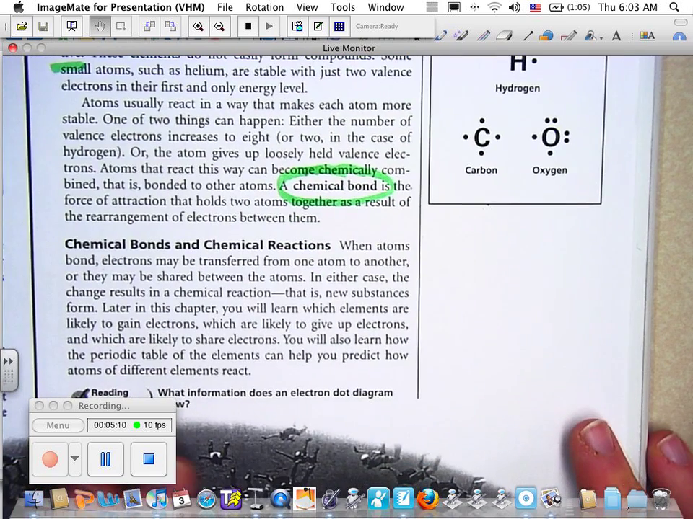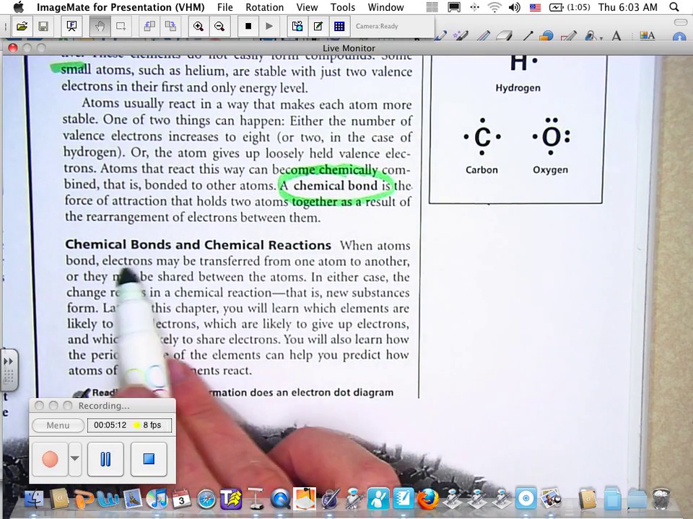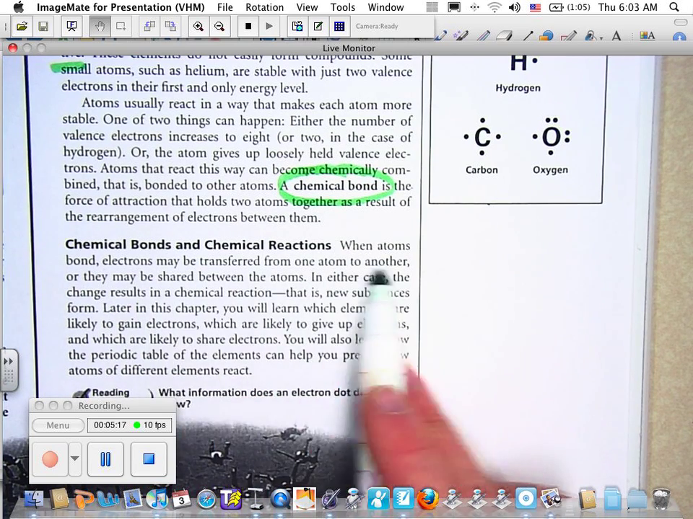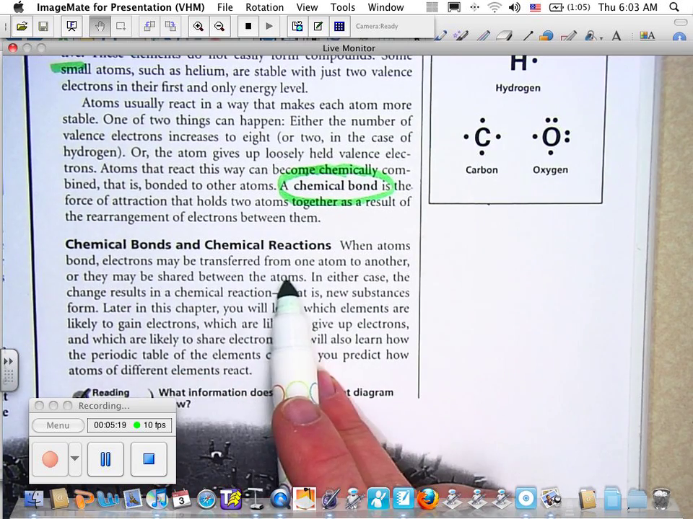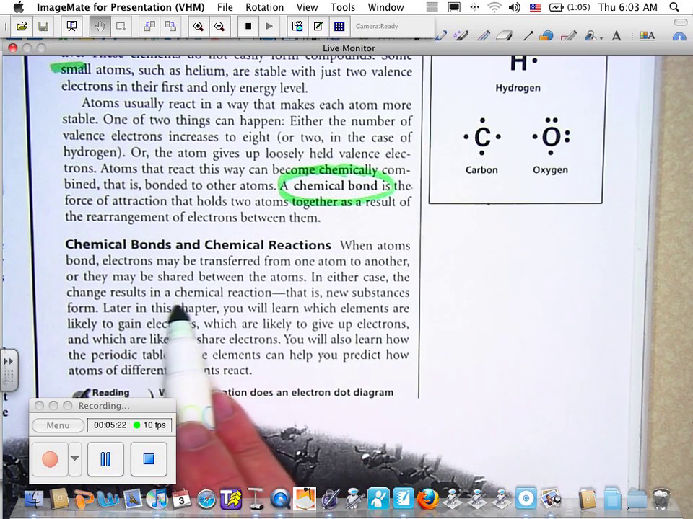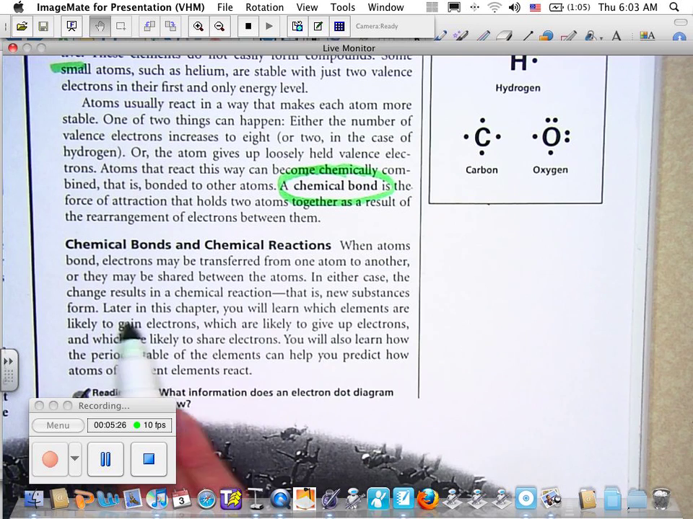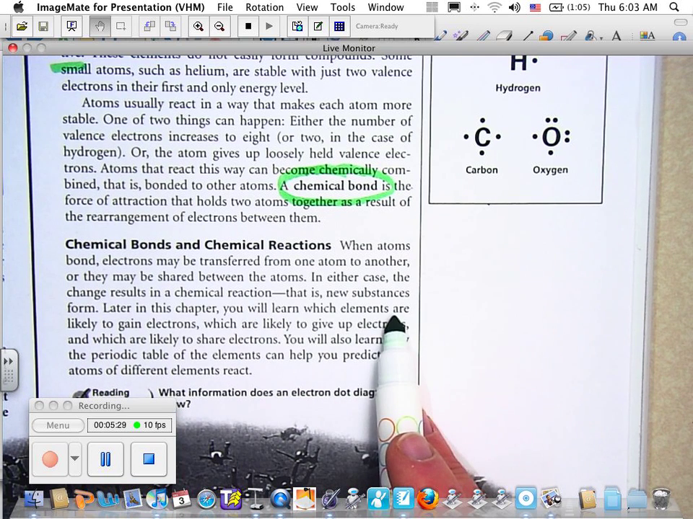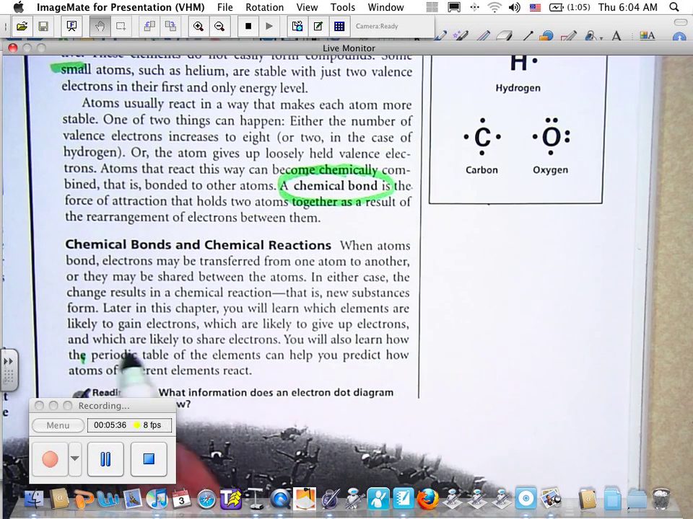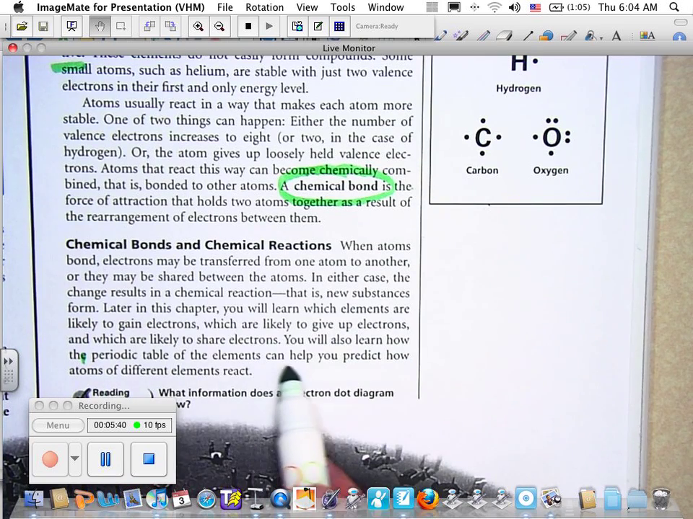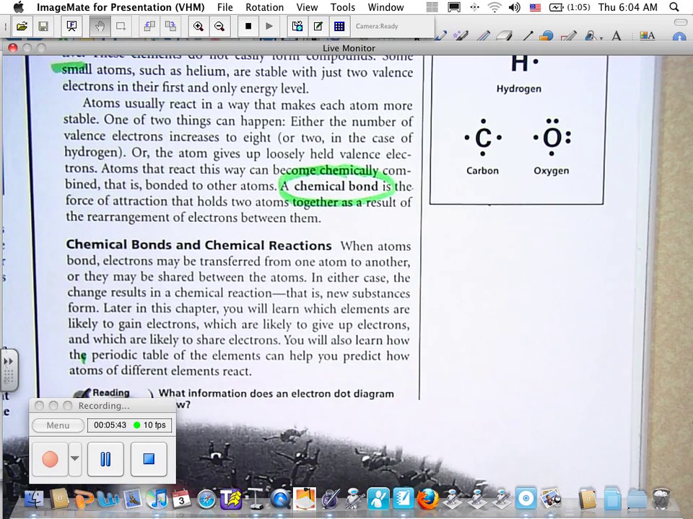Chemical bonds and chemical reactions. When atoms bond, electrons may be transferred from one atom to another, or they may be shared between the atoms. In either case, the change results in a chemical reaction. That is, new substances form. Later in this chapter, you will learn which elements are likely to give up electrons and which are likely to share electrons. You will also learn how the periodic table of the elements can help you predict how atoms of different elements